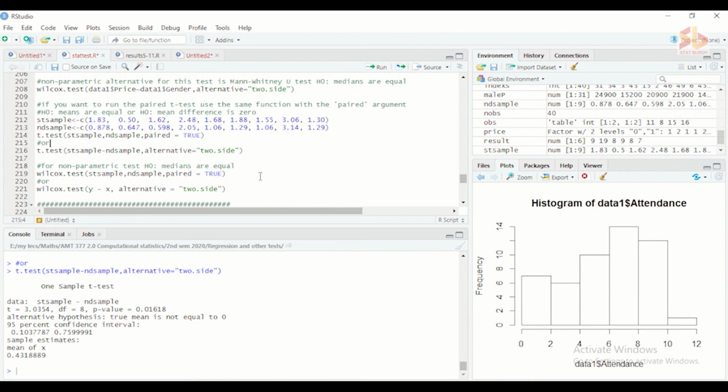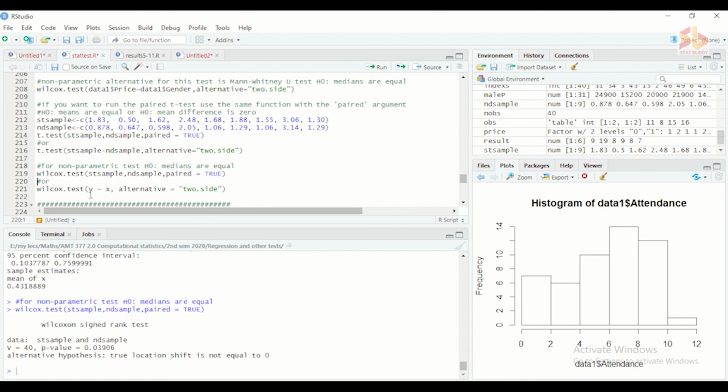And the non-parametric test is again Wilcoxon for the paired t-test. Medians are equal is the null hypothesis. So you can use the Wilcox test, first sample and second sample, and give paired equal to true. Or you can do the simple single sample test by taking the differences like this: first sample minus second sample, and alternative is two-sided in Wilcoxon.